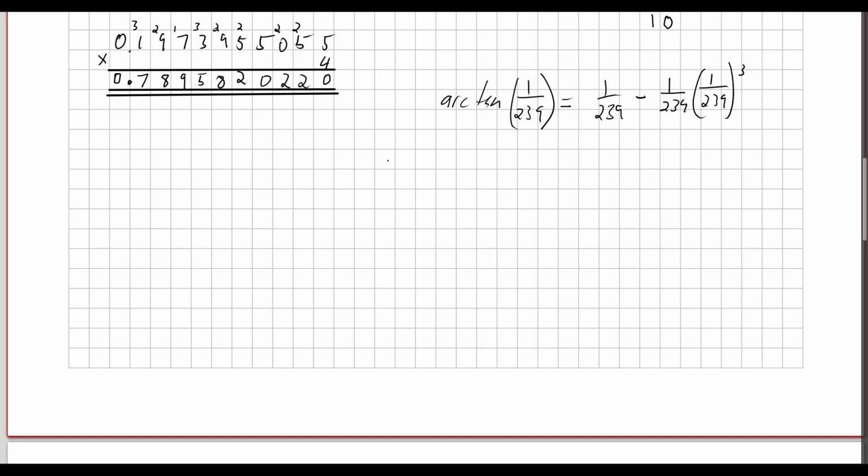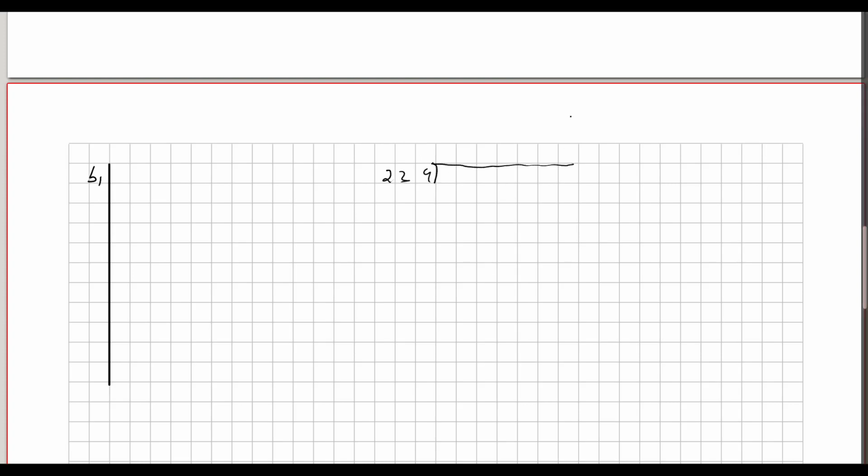But we'll do that now. So I'll go to the next page and we'll calculate 1 over 239, which will be our next term. We won't need that long of a column, but anyway. So we'll call this term B1. So I'll do this over here. So 239